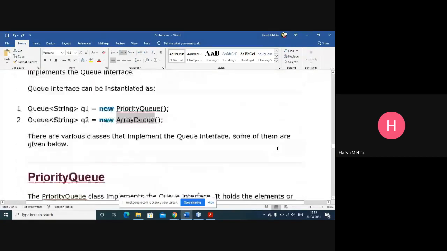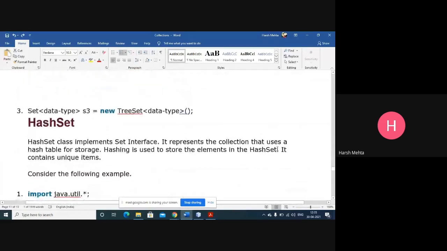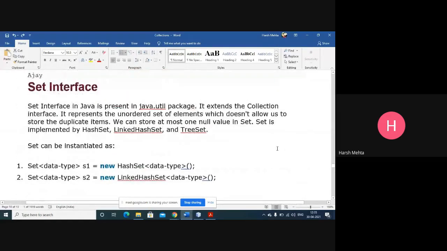What are these? The set interface in Java is present in the java.util package, extends the collection interface. It represents the unordered set of elements which doesn't allow us to store the duplicate value. Very, very important. Set interface doesn't allow us to store duplicate values. Okay, we can store at most one null value in set. Set is implemented by hash set, linked hash set, and tree set. Okay,